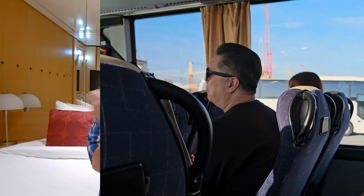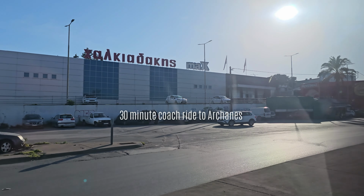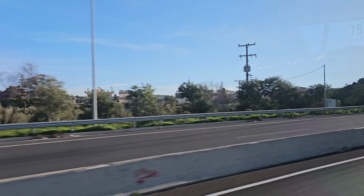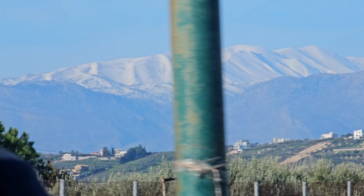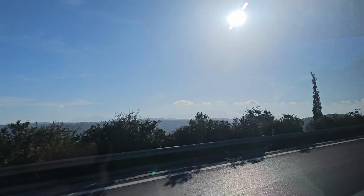Alright, good morning everyone from day 9 on board the Celebrity Infinity, and we're going to be kicking off our time in Crete today by getting straight into a shore excursion. And we will drive through villages, and our first stop will be at a large village called Archanes. We will have a short walking tour there, and then by bus we will drive back to Heraklion, and we will have a short guided tour in the city center, so I can show you the highlights